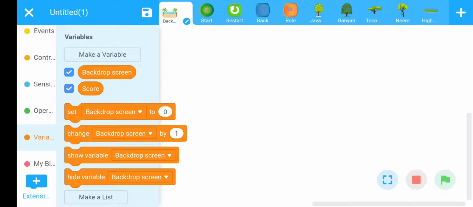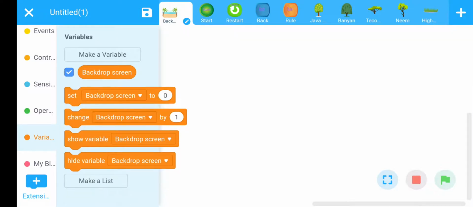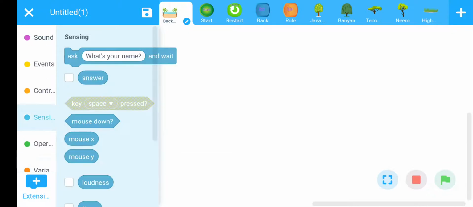Okay, we will add score variable later. Delete this backdrop variable. Okay, now click on event section.